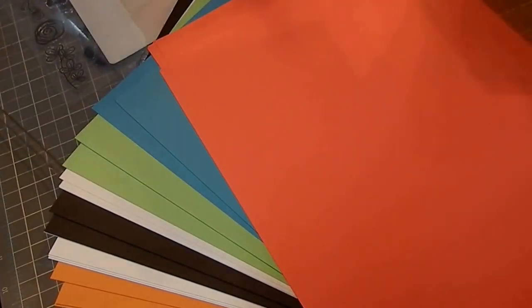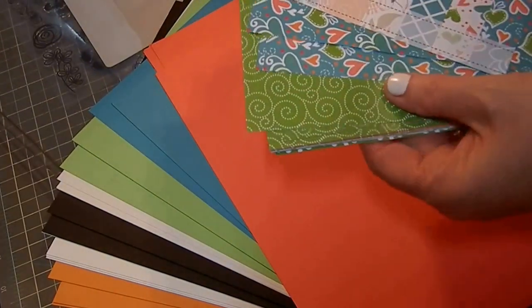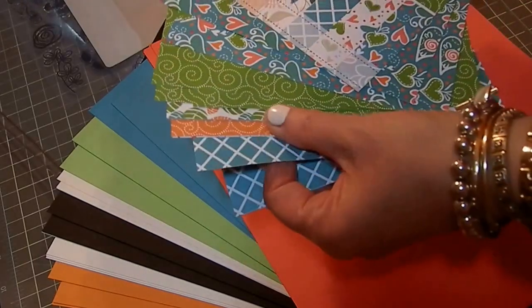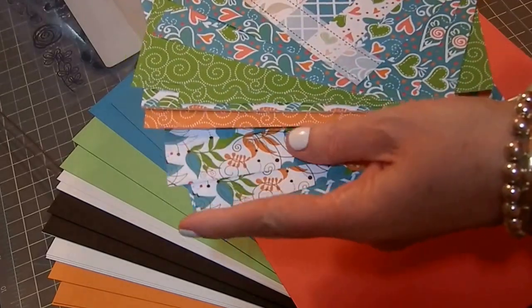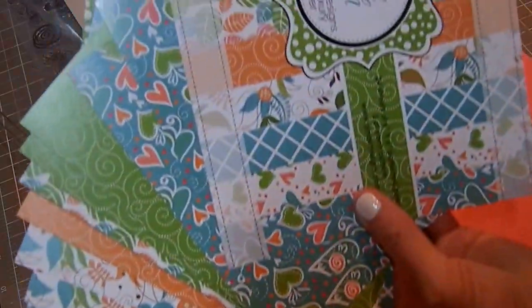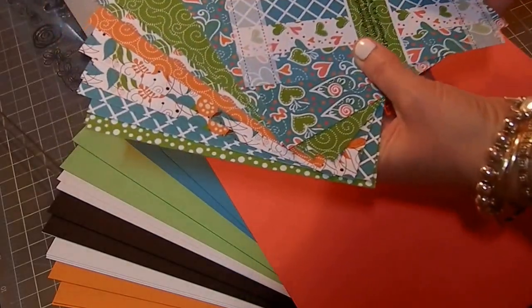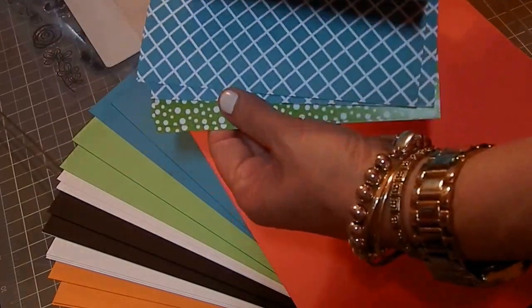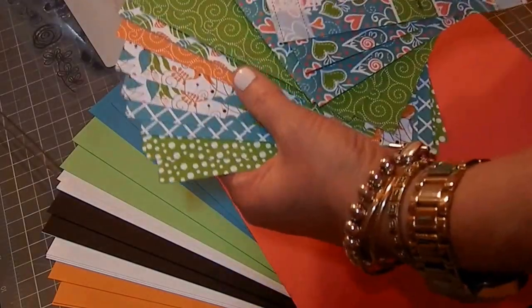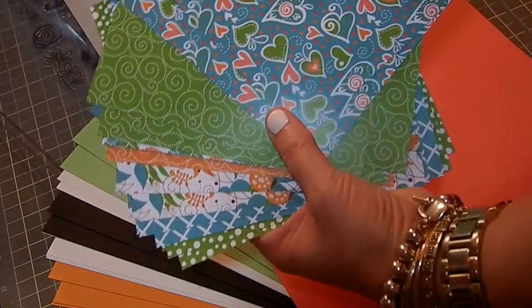And as always, you also get a full pack of her designer paper, and it usually ties into the stamps or the kits, and you'll see that these hearts tie in. I'll show you that in a minute. But wow, I love this paper. It's gorgeous. The colors are just, you've got what I would call neutrals with these dots and lattice, and then you've got some swirlies, and then you've got some more vibrant, just